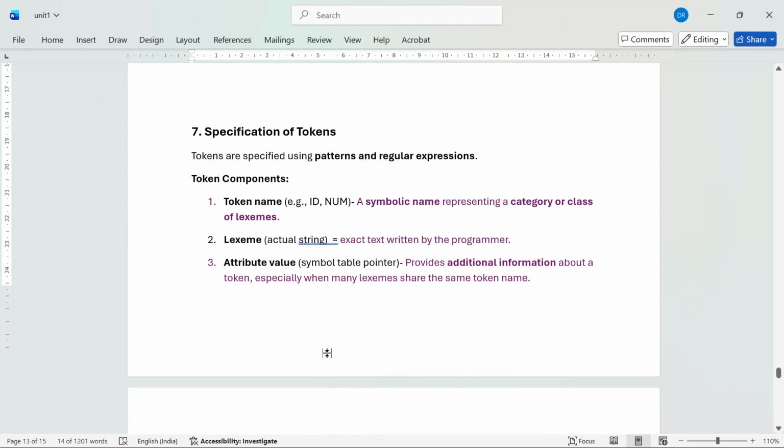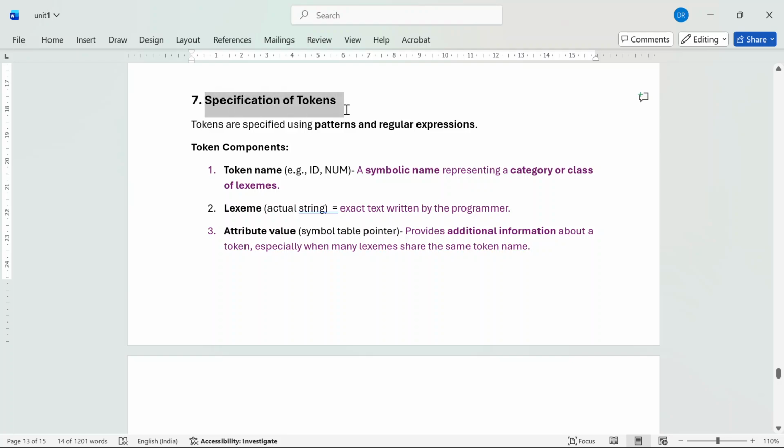Next, let's discuss the specification of tokens. Tokens are specified using patterns and regular expressions. Let's first see the components of tokens. We have token name, lexeme, and attribute value. Token name is like ID, num. It is a symbolic name representing a category or class of lexemes. Lexemes are the actual strings, the exact text written by the programmer. Then attribute values are the symbol table pointers which provide additional information about a token, especially when many lexemes share